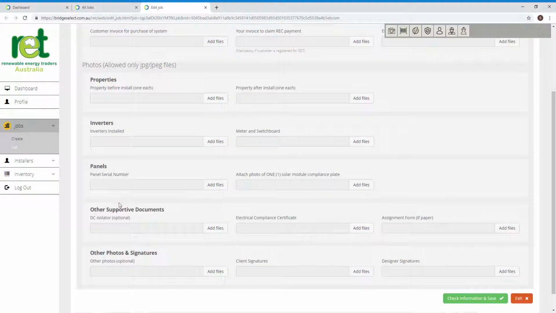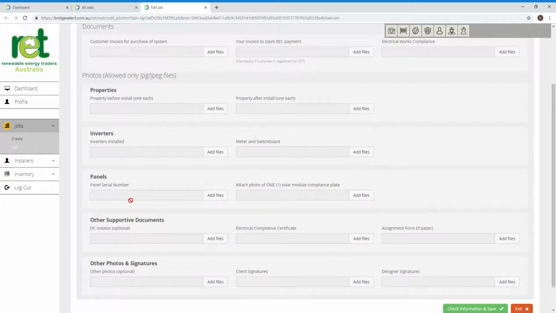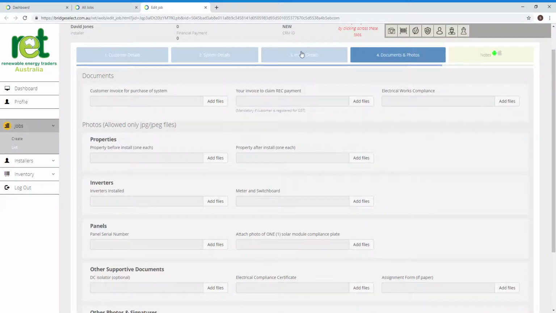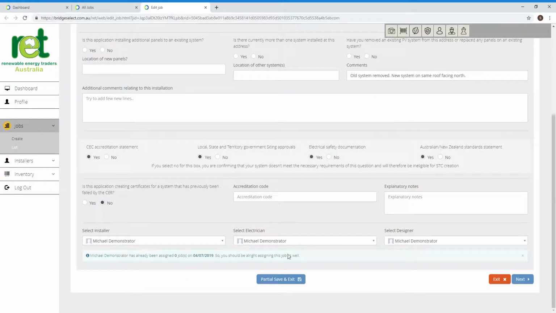The vast majority of this information will be provided by the installer via the app on site, but we'll show you in part 3 of this tutorial how you can actually attach the customer invoice, your invoice to claim the STCs and or an electrical certificate if it's not able to be sourced from on site. So we'll just go back to page 3, and at this stage you will do a partial save and exit,